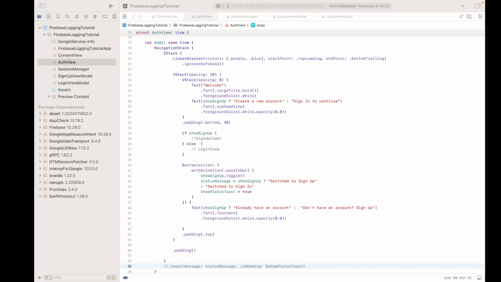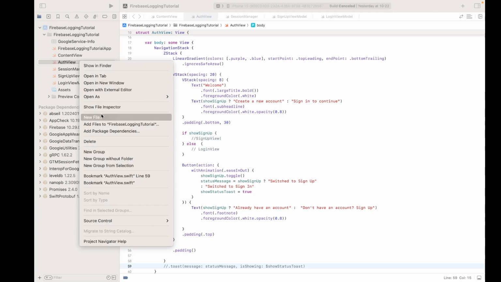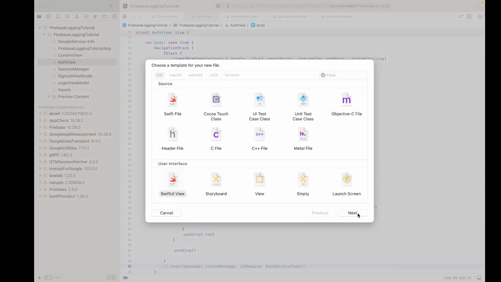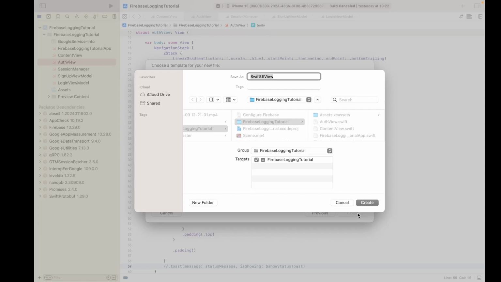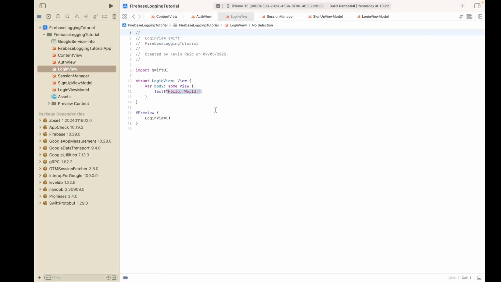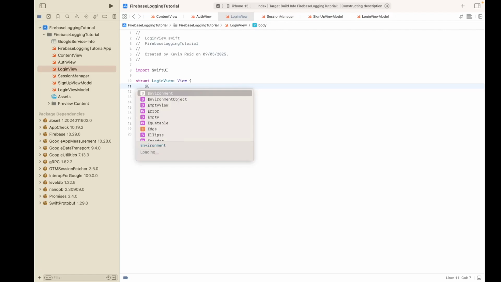In this tutorial, we'll create our login view to enable the user to log into the application. The first thing we need to do is to create a new SwiftUI file. Name the file LoginView, and then we need to type the following. @Environment